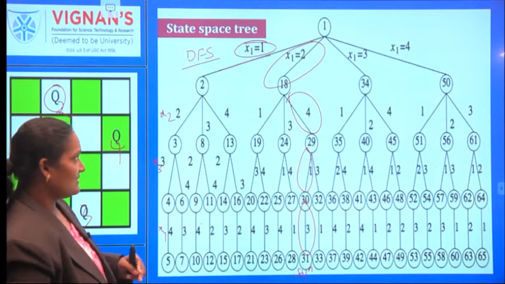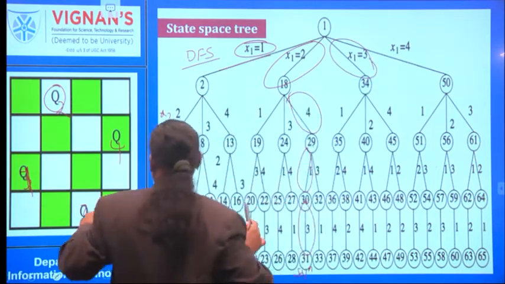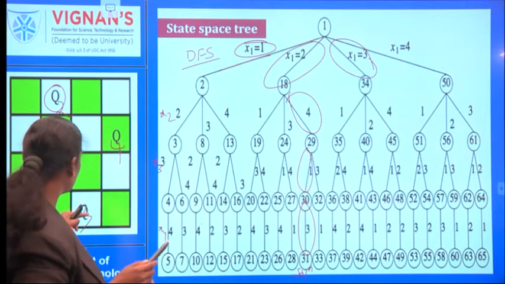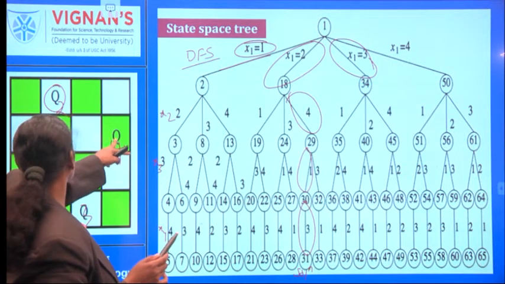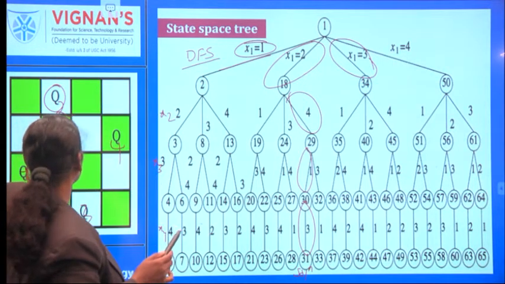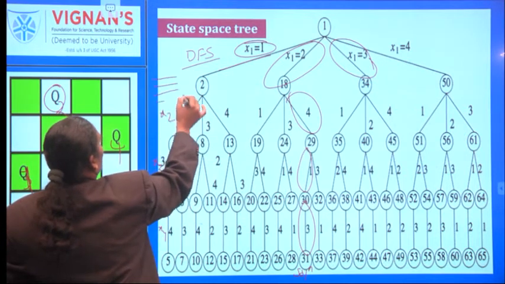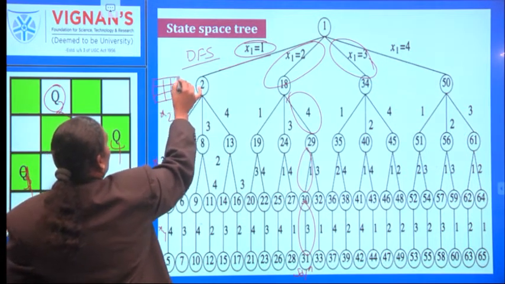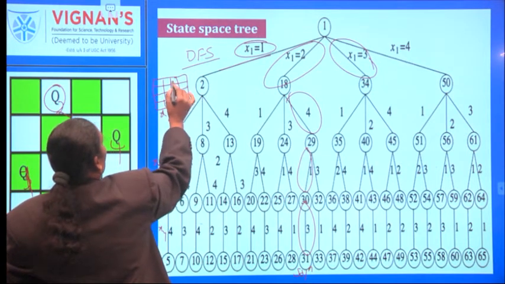And what becomes another solution for the n-queens problem? 3. So here you can consider the reverse process. 3, 1, 3, 4, 1, 2. That is, if you observe this one, here if you reversely draw the diagram, you can find the solution for the n-queens problem.